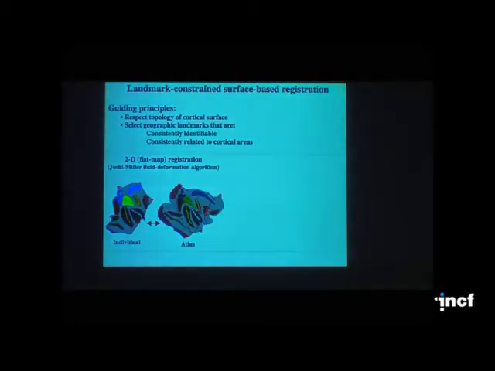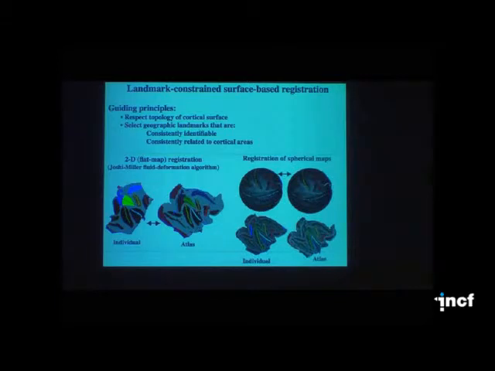And then we have to bring the data from multiple sources into a common framework. And one general strategy that benefits from surface representations is that we can respect the topology of the cortical surface and register an individual to an atlas using various methods. In this case, we're using a landmark-driven approach to deform an individual flat map to a target flat map. Nowadays, we mostly go through the intermediate step of projecting data from the surface onto a spherical map and registering one sphere of the individual to the atlas sphere so that we avoid the problems caused by artificial cuts in a map.